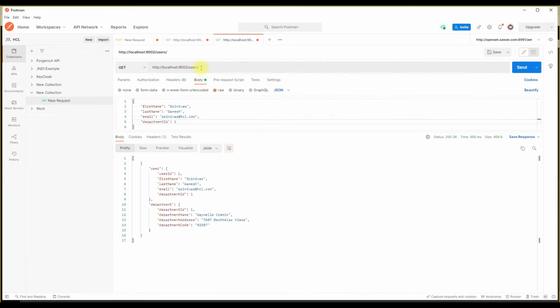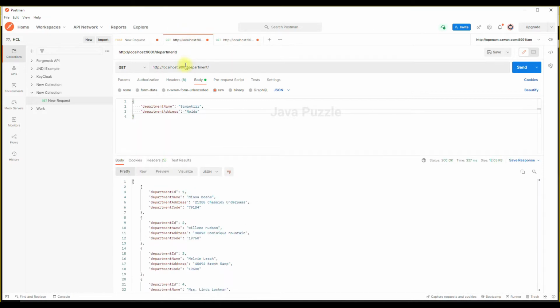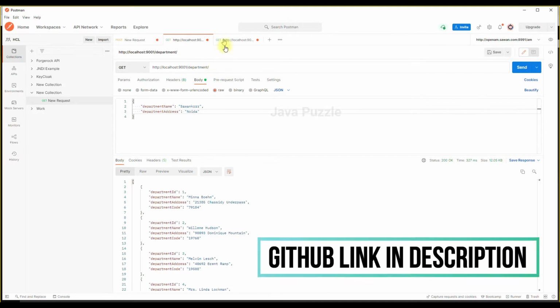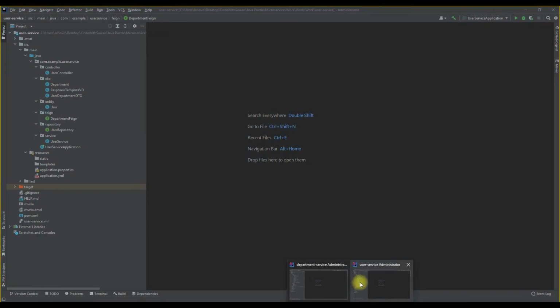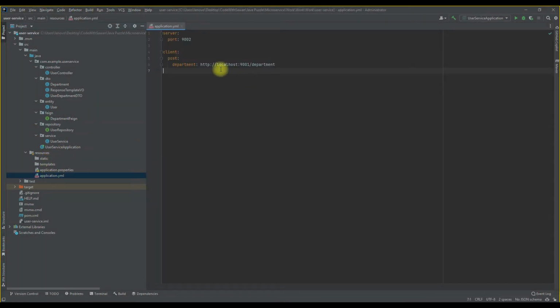Let's suppose we have this user microservice. 9002 is running there, and 9001 is there. In our code here in the user service, when you are going to consume this department microservice inside the user microservice, you are going to pass this URL.